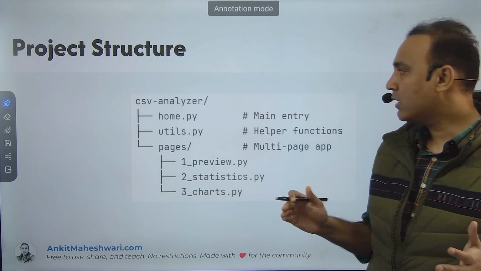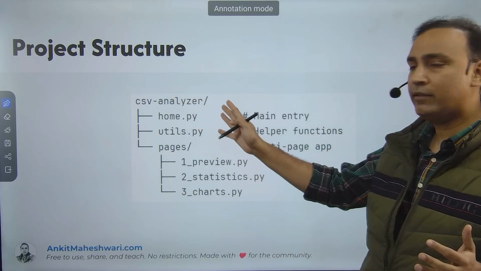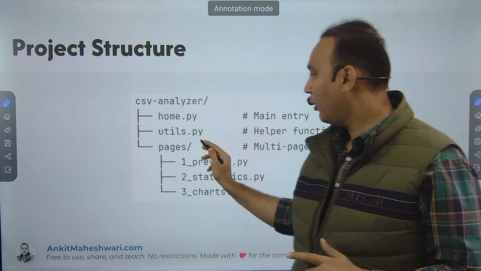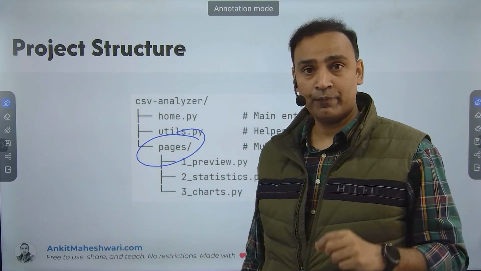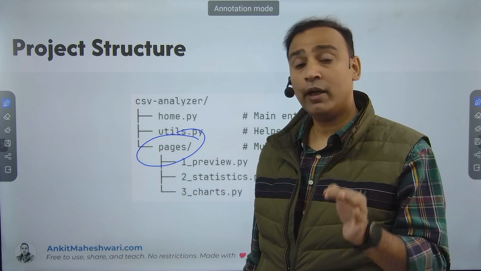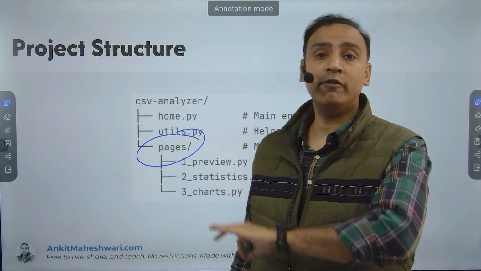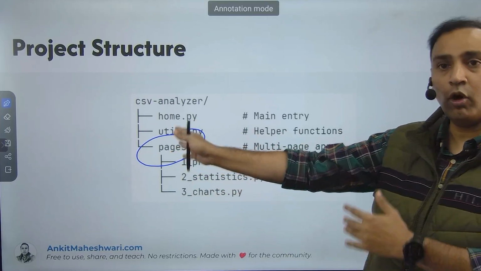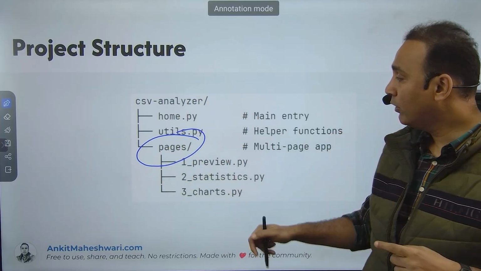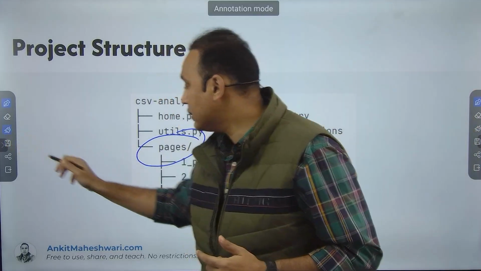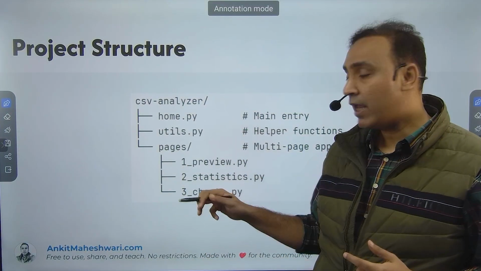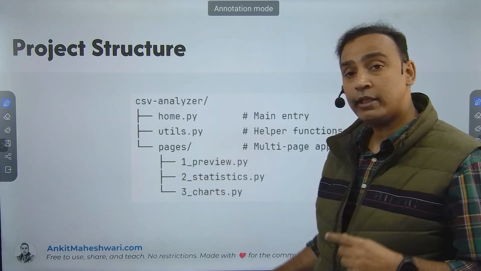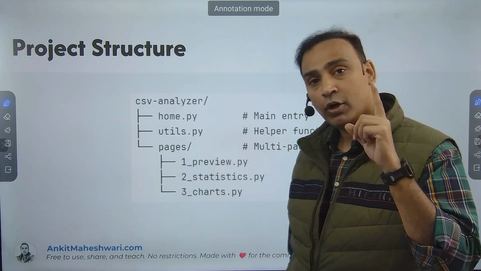So what we have done is we have home.py, which is our main entry. It could be app.py, main.py, I don't care. What I care about is the pages folder. Because what we are doing here is following convention over configuration. The convention says you create a folder called pages and inside that folder you create files. The way you create those files is 1 underscore, 2 underscore, 3 underscore. This 1 to 3 dominates your ordering